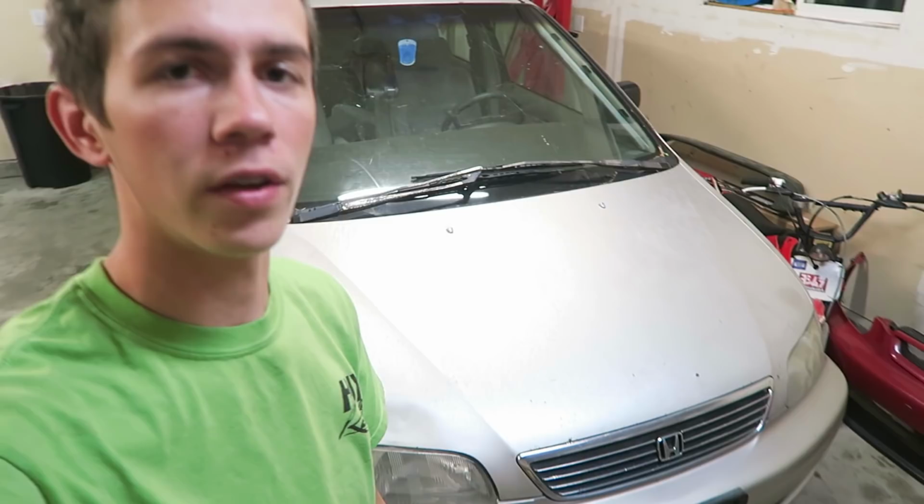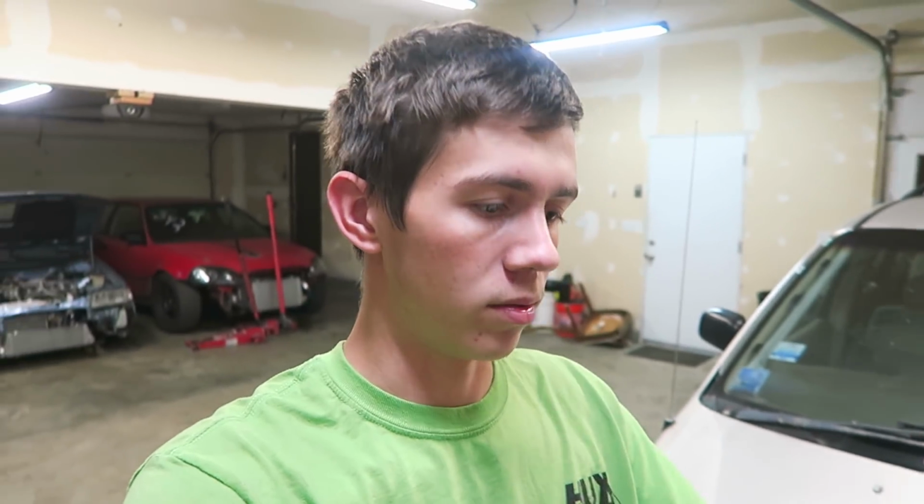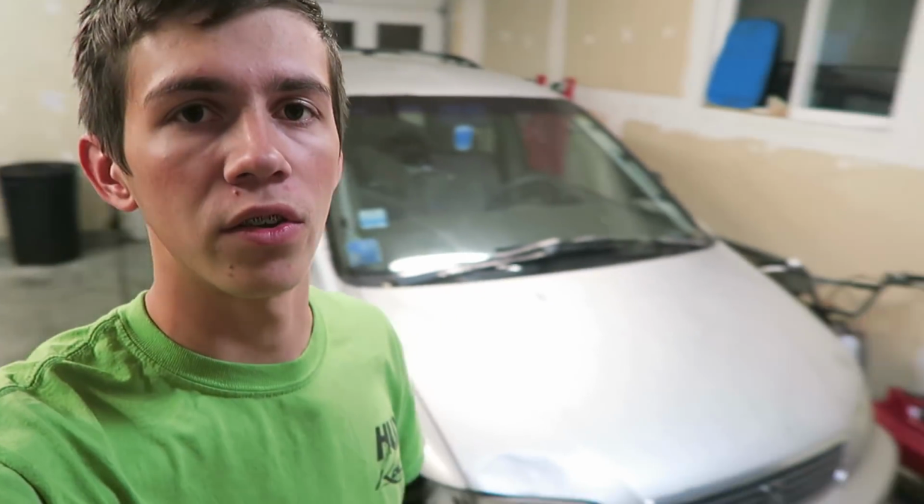And as you guys know, I also did drop off the block for the minivan today to get it bored out to fit the new pistons that just came in. I think I said earlier in the video that I got it line honed, which I didn't mean to say. I meant to say I was getting the sleeves bored. Line honed is something completely different that involves machining for the crankshaft journal. So I'm not getting it line honed, I was getting it bored for the new pistons, so the piston to wall